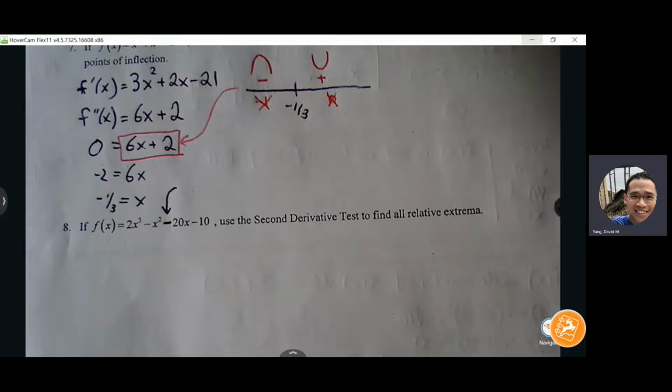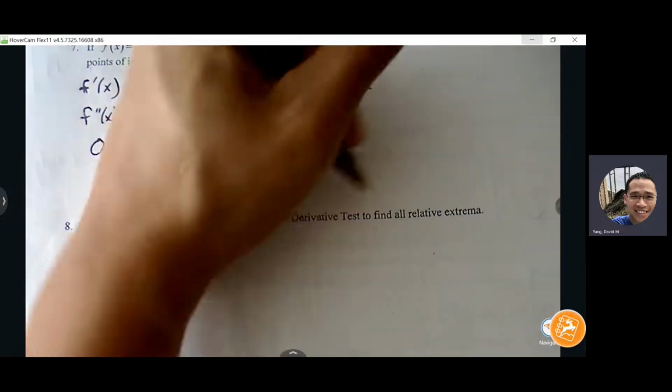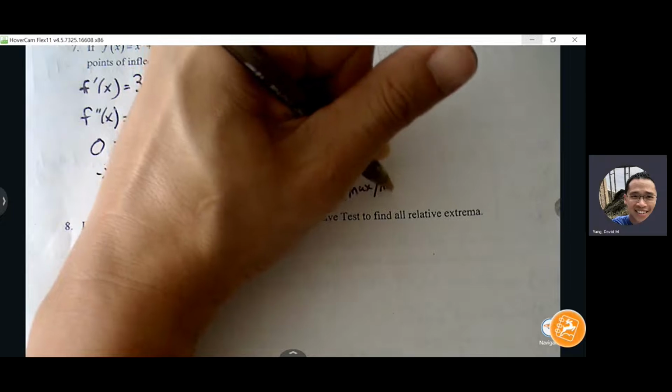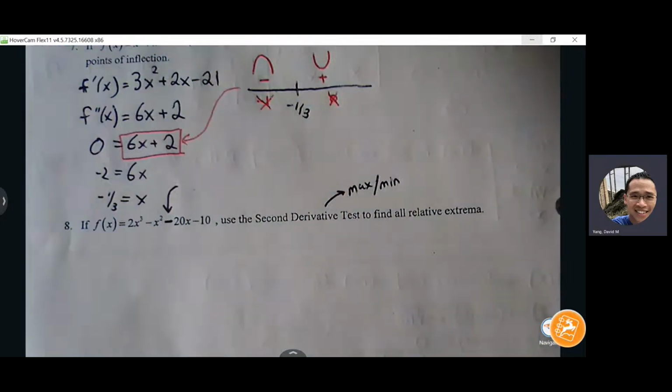Okay, -20x, -10. Okay, second derivative test. Let's recap what this is. The second derivative test does the same job as the first derivative test. The point of it is to use the second derivative to find max and min. So that's our goal: to find the relative max and relative min. Same goal as the first derivative test, but obviously a slightly different method